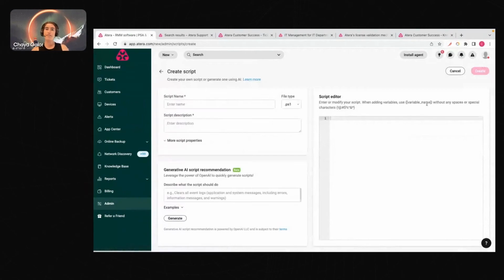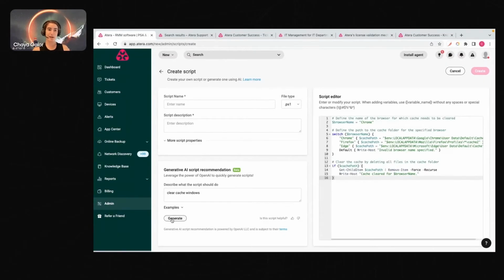And one of our most exciting integrations, and possibly one of the most exciting things happening at the moment, is our integration with OpenAI. So if you're not much of a scripter, of course, you do need to have a basic knowledge in scripting to make sure that it is achieving what you intended it to. But all you need to do is right over here, the prompts, and generate. And within seconds, that will give you a script recommendation. What I really like about this is that you actually have the line right over there that is explaining what the command will do. So it does give you better visibility into that.